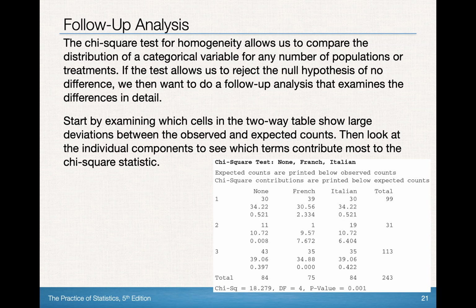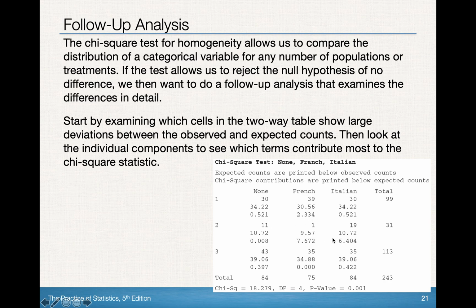Okay, so we're going back to our test with the music and the entree chosen. And you'll see in the bottom right corner, they give you, like I said, all the observed counts, and right below them is the expected counts. And then the third number in each of those cells is the chi-squared contributor. Okay, so you look at some of them are very small, like this one is 0, this one is 0.5. Some of them are very big, 2.3,